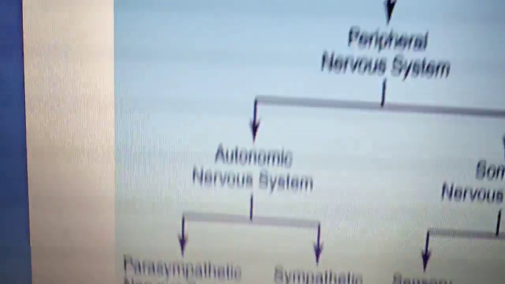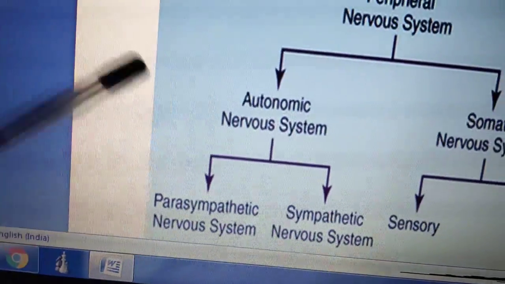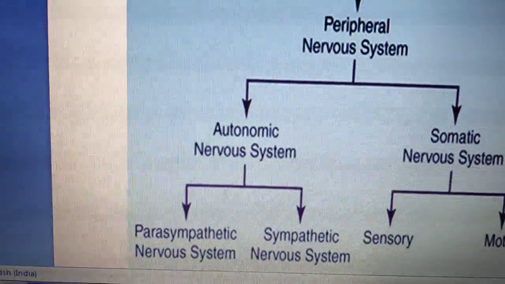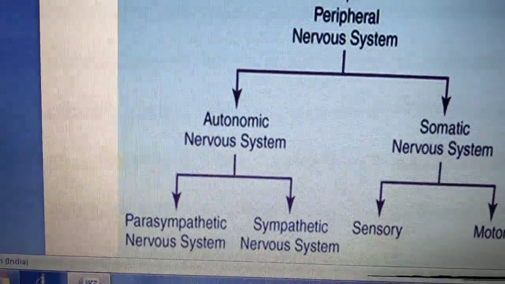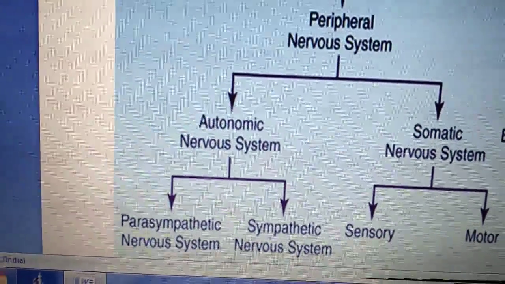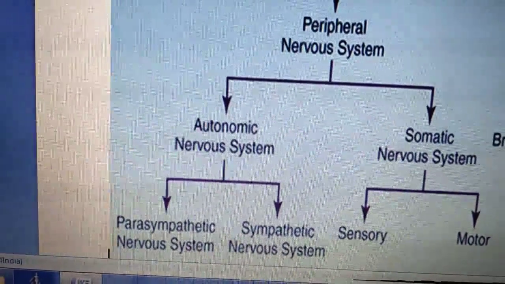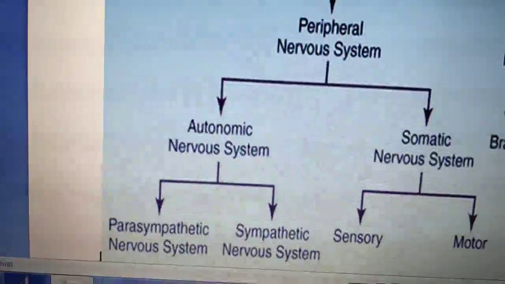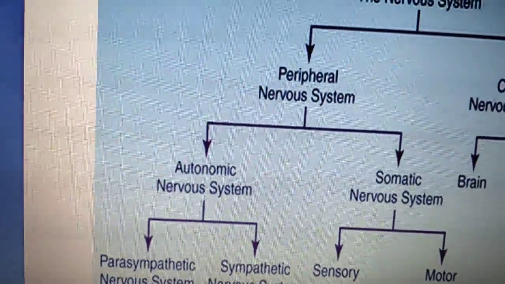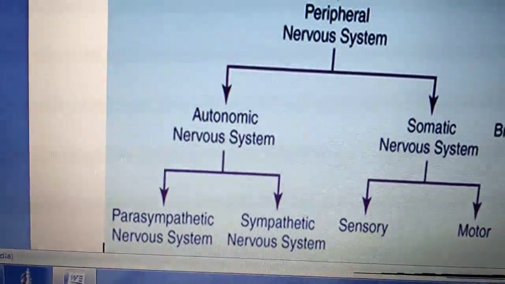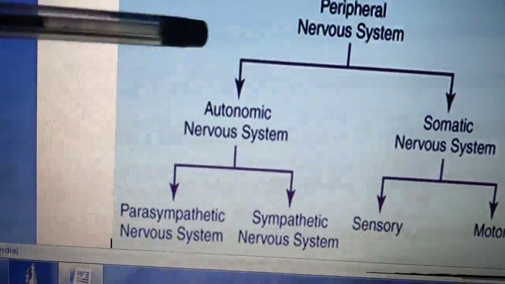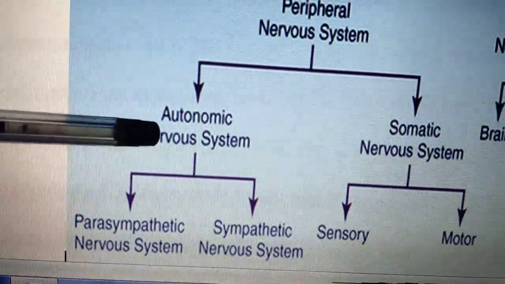Okay, I will give you the best example for this autonomic nervous system. If you unknowingly touch fire, or if you step on a snake, what will you do? Suddenly we withdraw, unconsciously. Suddenly you take your finger off the fire, isn't it? Why all those things? Because of this autonomic nervous system.